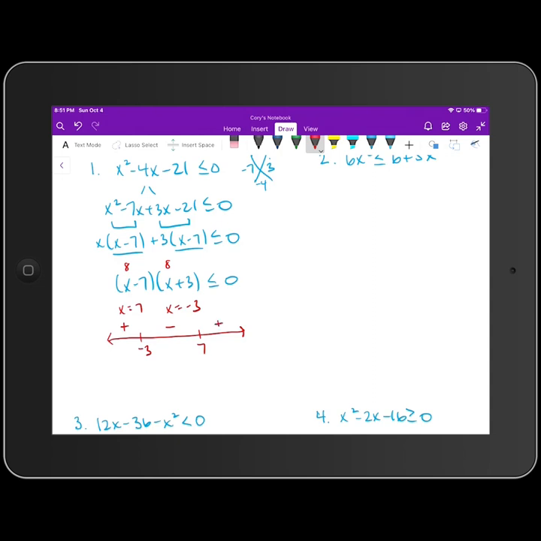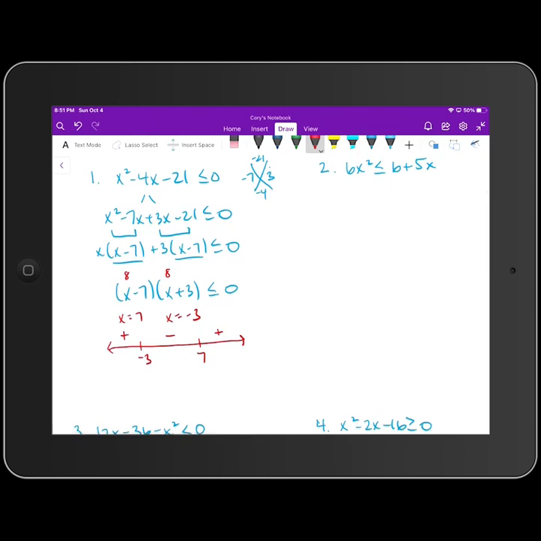Okay, so what we are trying to find is where that product is less than or equal to 0. And when we look at our intervals, the only interval for which we are less than or equal to 0 is the interval from -3 to 7. And because the symbol is less than or equal to, we're going to use brackets at those values. If our inequality symbol was less than instead, our interval would be open and we would use parentheses at